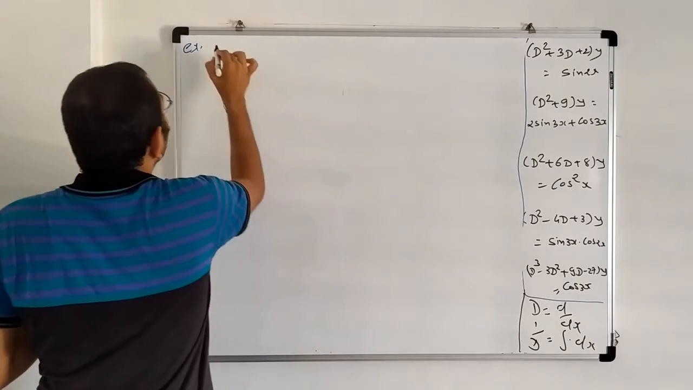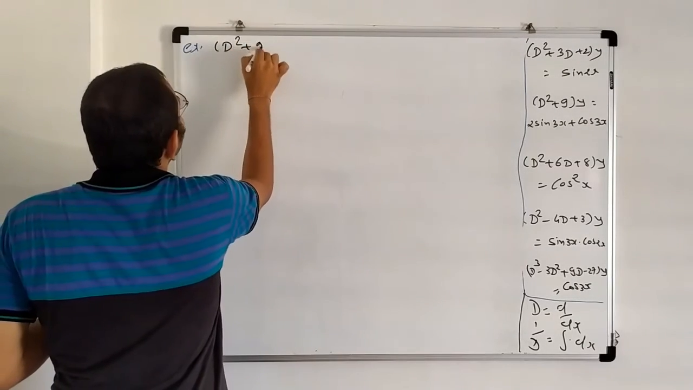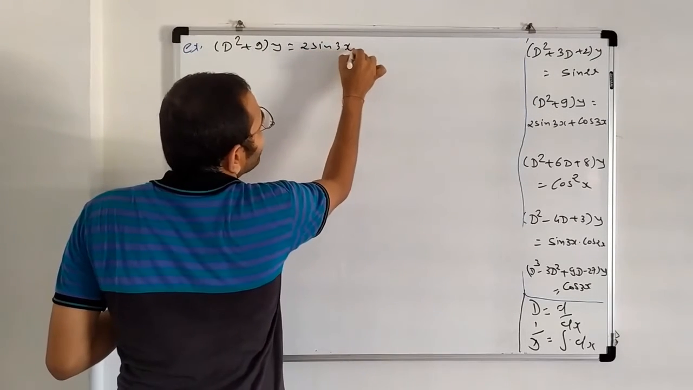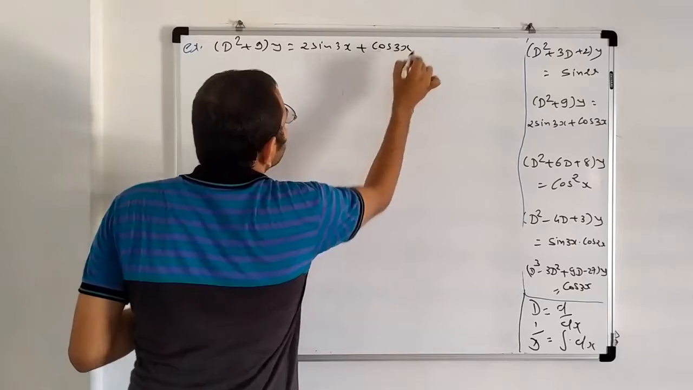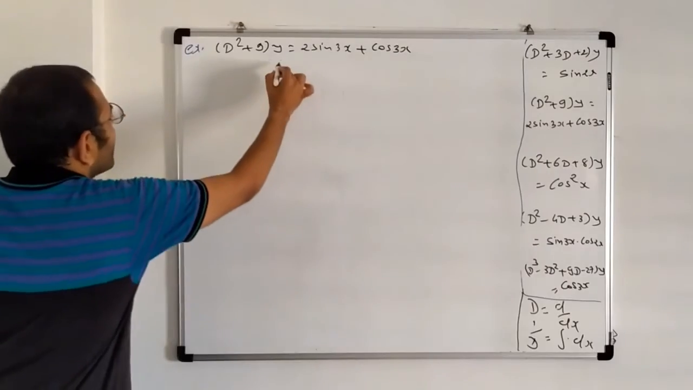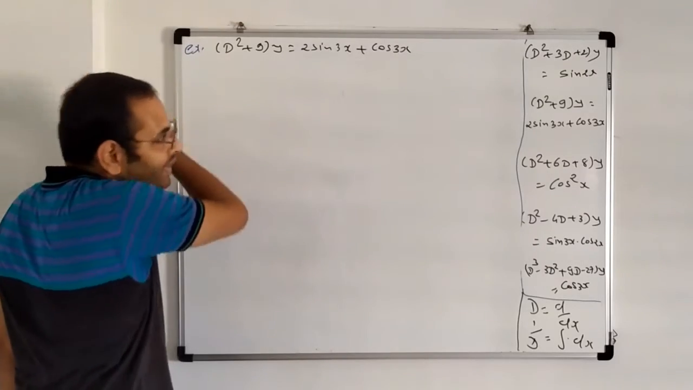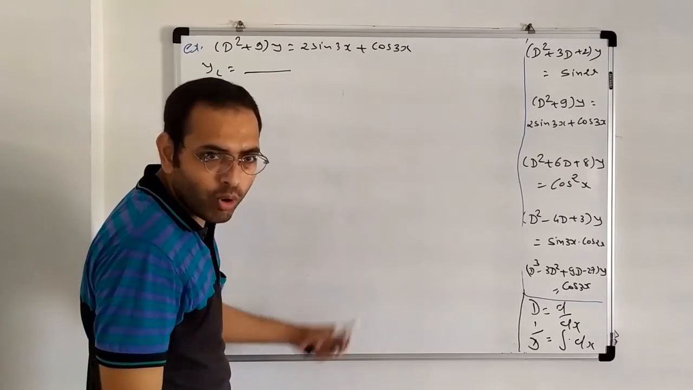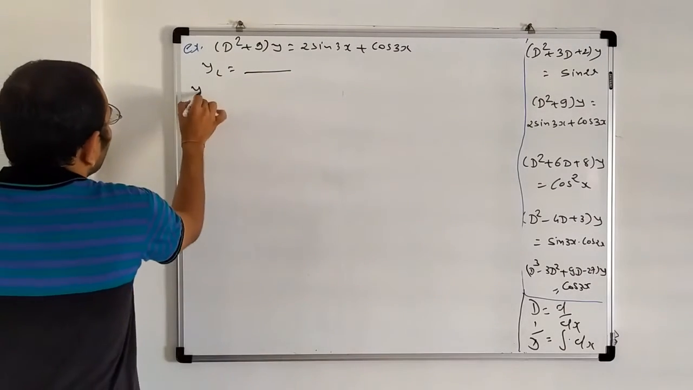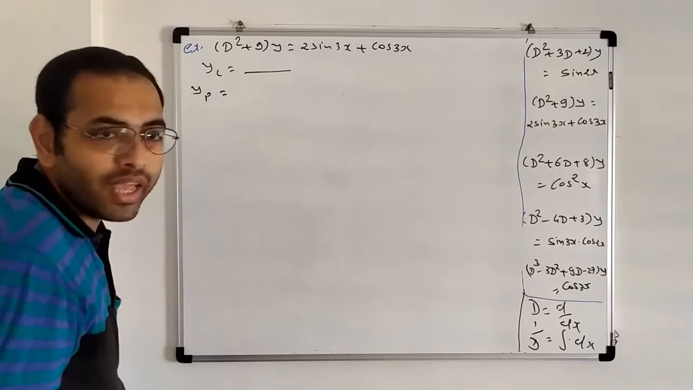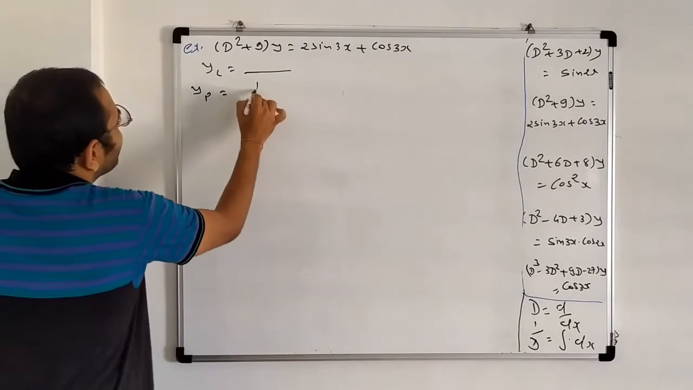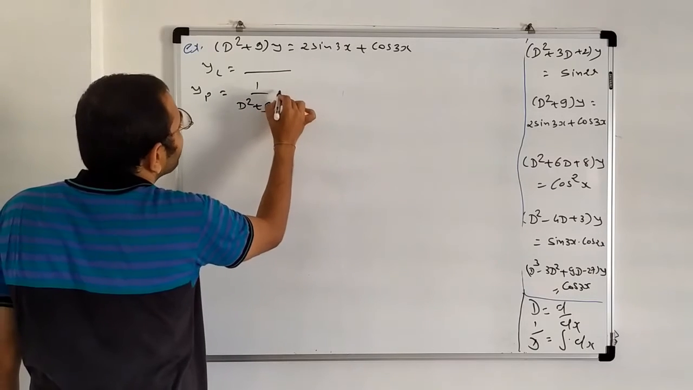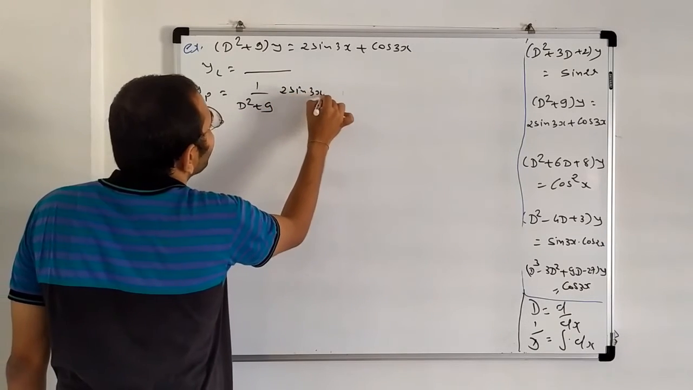Example number 2. (D square plus 9) of y equal to 2 sin 3x plus cos 3x. In this example, first find yc according to the above cases. You already know that, so I directly find the yp. Then yp is 1 upon D square plus 9 times 2 sin 3x